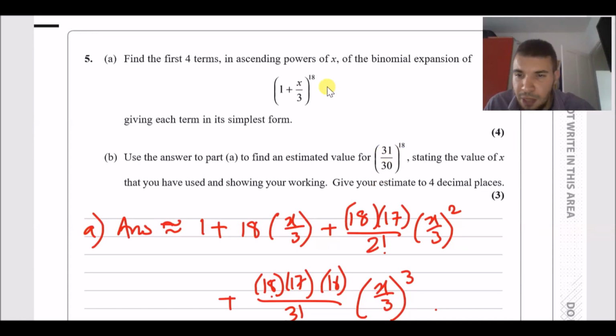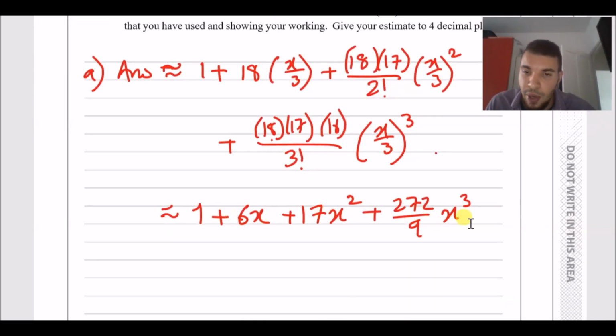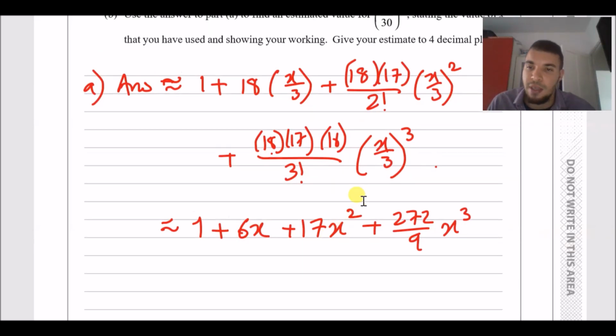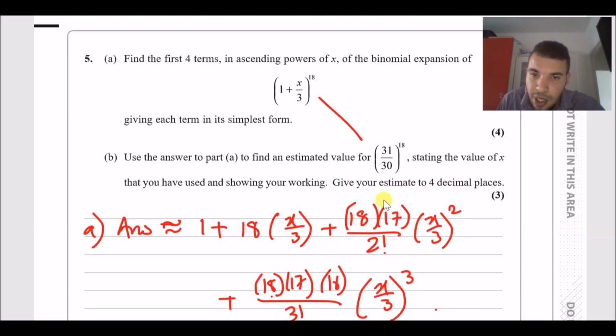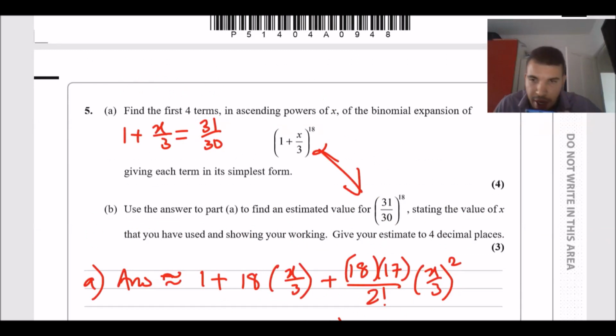So looking at both of these expressions, what they're trying to say is, if we can match the fractional term 1 plus x over 3 with 31 over 30 to find the value x, we can use that x to plug into this equation and get an answer. That's the simple way. So what we can say, these two are the same when 1 plus x over 3 is 31 over 30. Now, in order to get x, all we have to do is simply subtract 1 across and then multiply by 3. And when you do that, you'll get an x value of 1